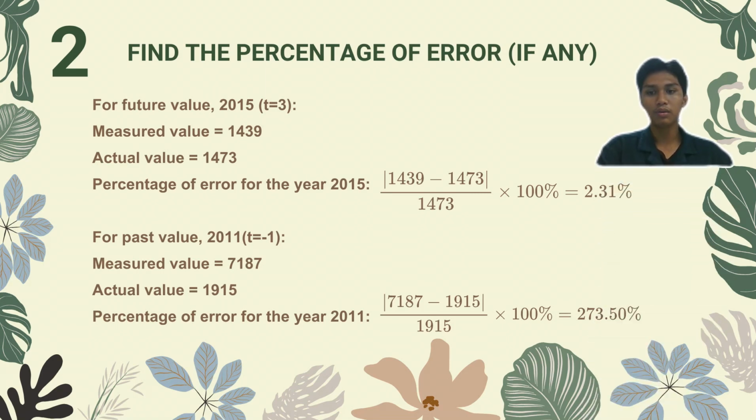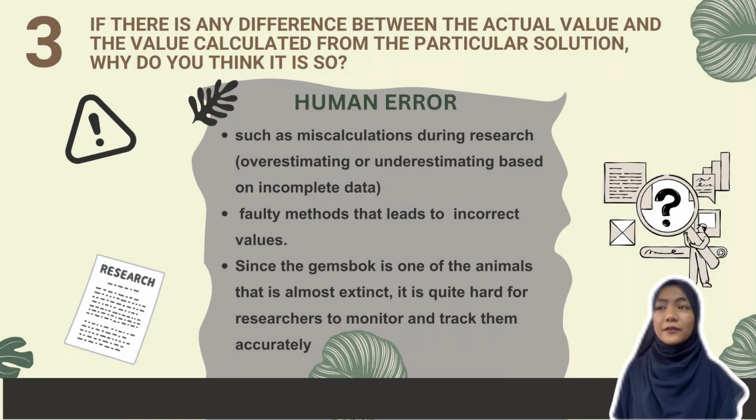For past value, which is t equals -1, we use the same formula, and we got 273.50%. This shows a very big percentage of error for the year 2011. The third question is, if there is any difference between the actual value and the calculated one, what are